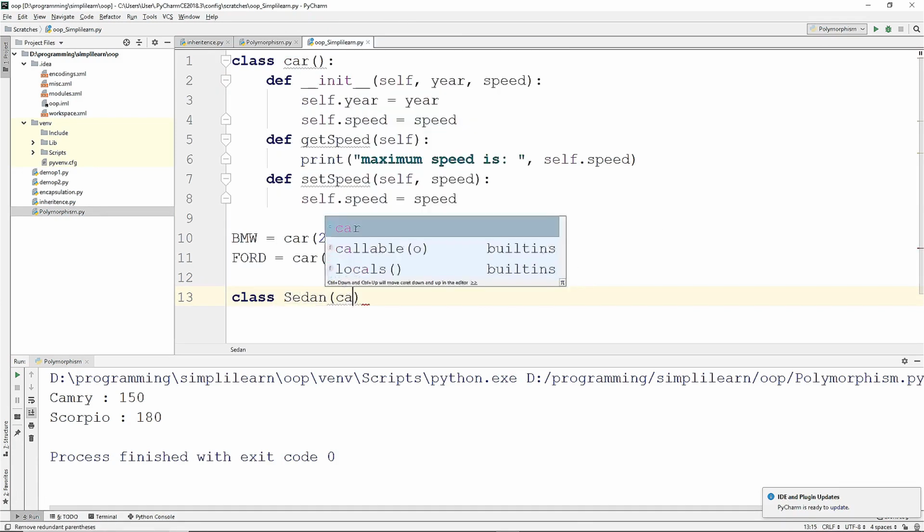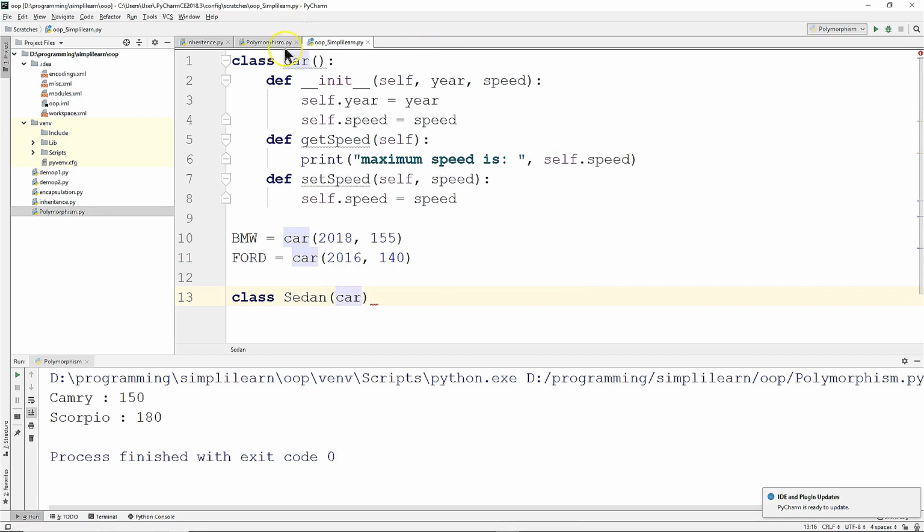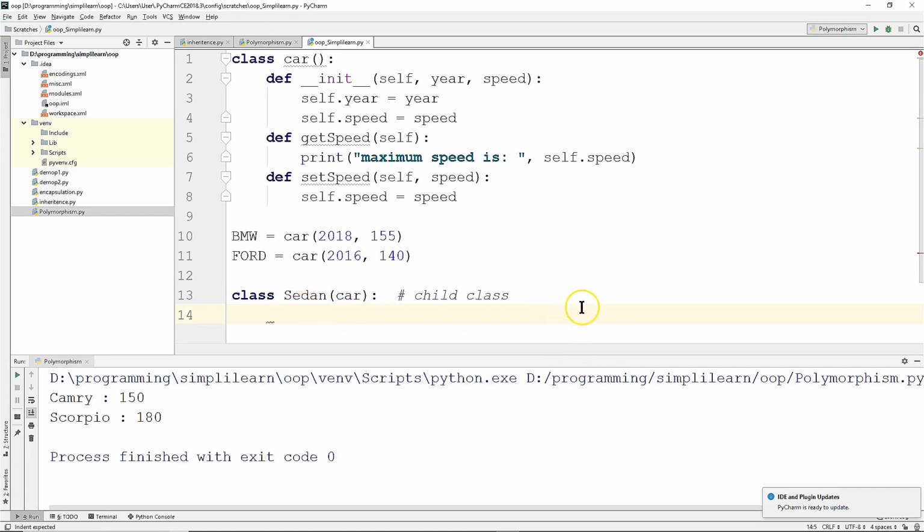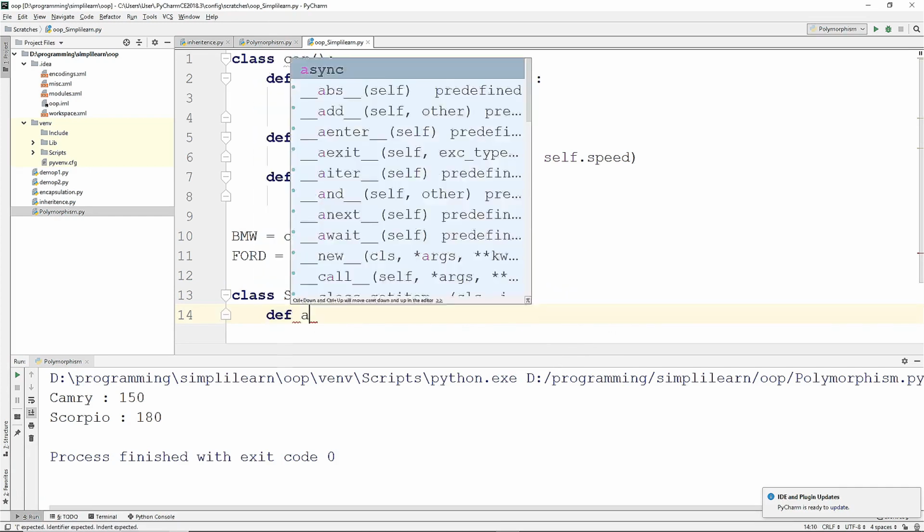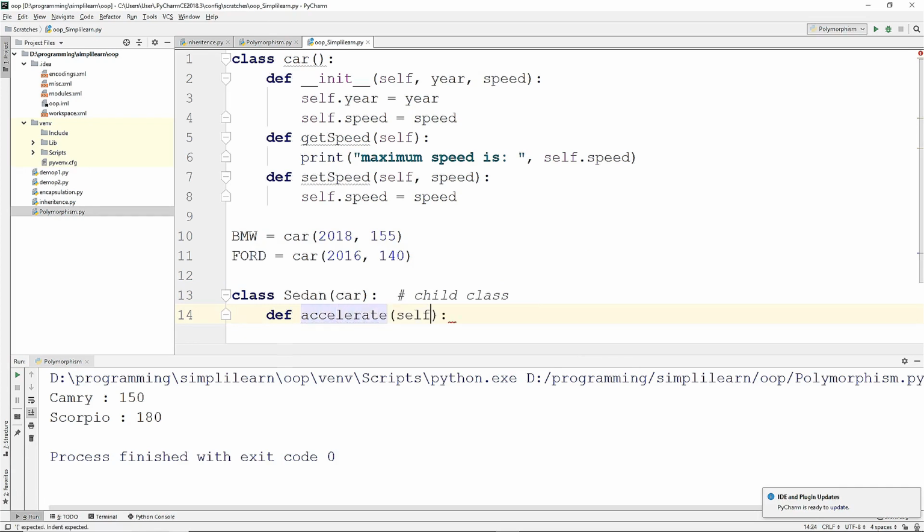And the sedan is going to inherit from car. So it's going to bring car in, and now we have a sedan coming down. Once we create the sedan, this is now a child class to car coming down. And under this class, I'll just go ahead and type in a def accelerate, of course self, and on